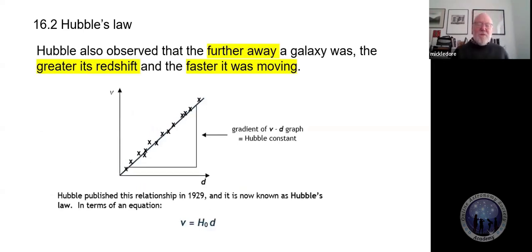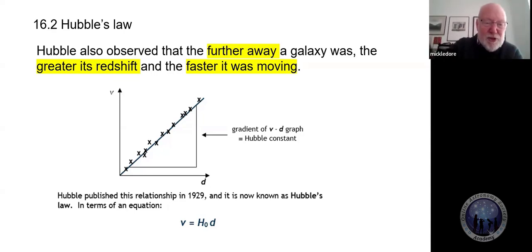So what Hubble found when he plotted the data, and he didn't have anything like the data we have today, and yet we do confirm what Hubble found out. The further away a galaxy, the greater its redshift, and therefore the faster it was moving. And he plotted the results on a graph. So he got his velocity from the Doppler effect formula and the redshift measurements. He got his distance from observations of supernovas, and he found a lovely straight line through the origin. Physicists love straight lines through the origin. We get them a lot. And this shows that V is directly proportional to D.